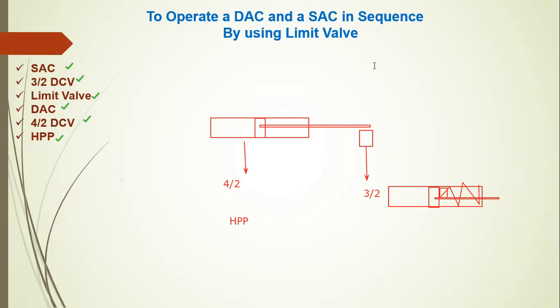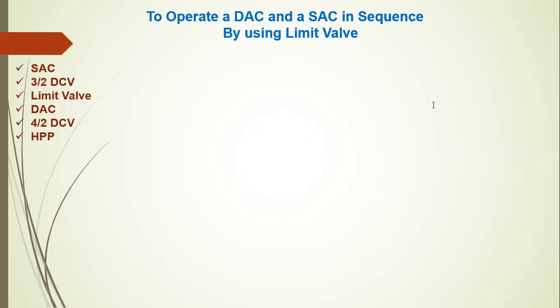Let's start the drawing of the hydraulic circuit to operate a DAC and SAC in sequence. First we operate the DAC and second the SAC in sequence by use of a limiting valve. Let's start. First we draw the HPP. Here we draw the short symbol for HPP